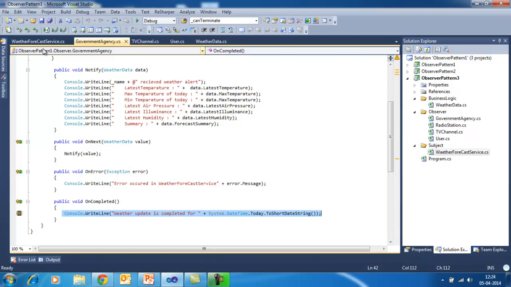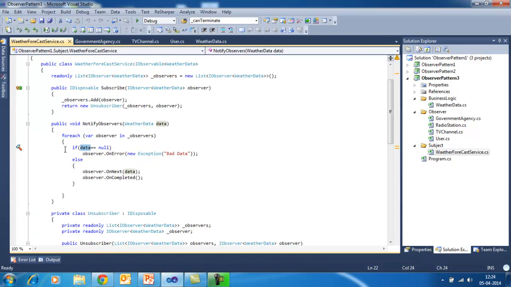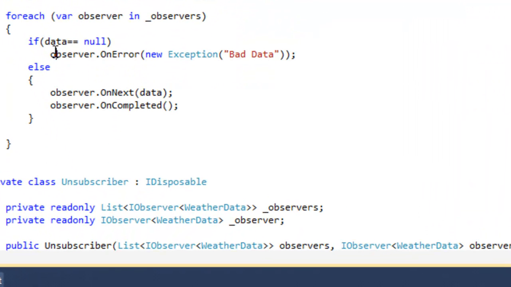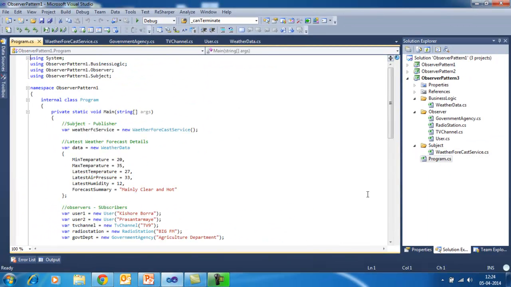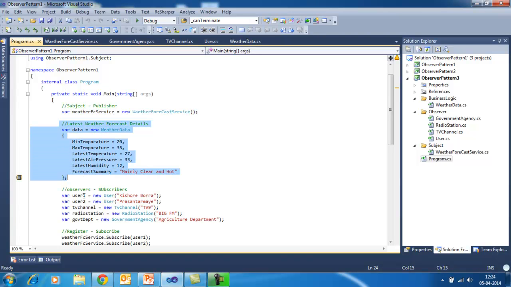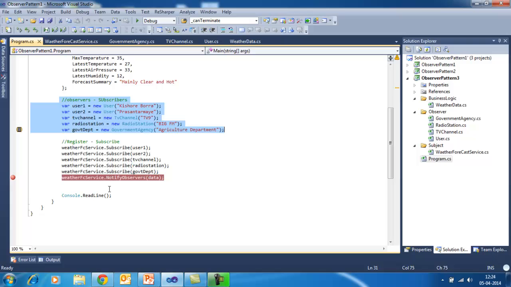So now let's go back to forecast service. What I'm doing is looping through each of these observers in the collection, and if data is null, meaning there is no data, I'm just sending the exception bad data. Otherwise I'm calling OnNext, and then OnCompleted. That's it. And if you go back to your program, there is no change, it's just the same. Create the subject, create the data, create observers, register each of these observers, and then call NotifyObservers. So if I run this now,